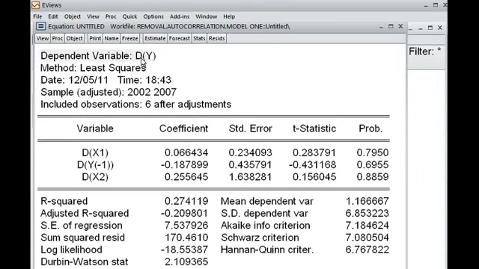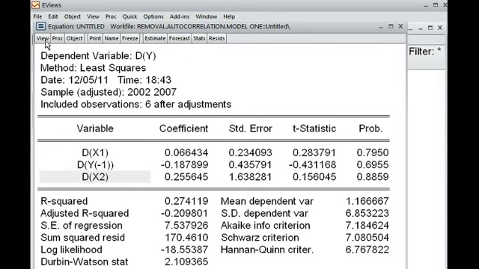You can see the dependent variable is this one, the first difference of y, and these are three independent variables, which are also first differenced. And you see, in this regression model there is no constant or intercept. Now we check whether this model has serial correlation or not.